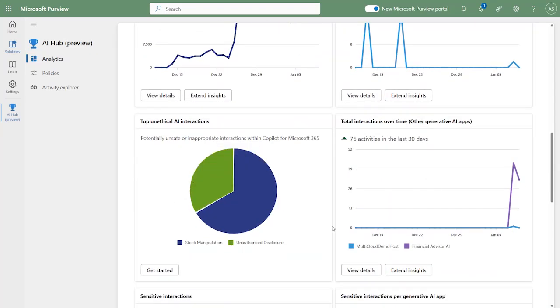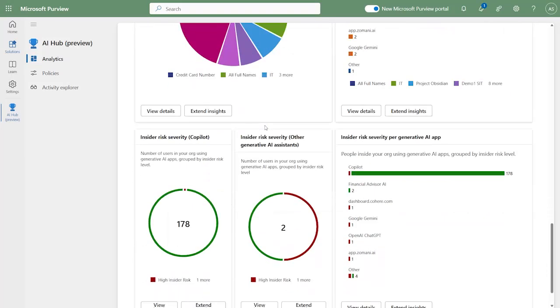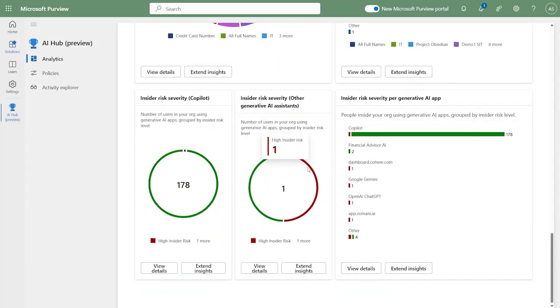And you can also see the number of unethical AI interactions. So it's a one-stop shop for most of your interactions at scale. And you can also see things like how many sensitive interactions you had and the level of threat by category as well.